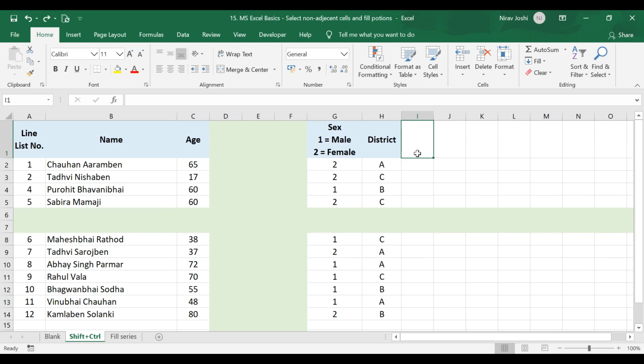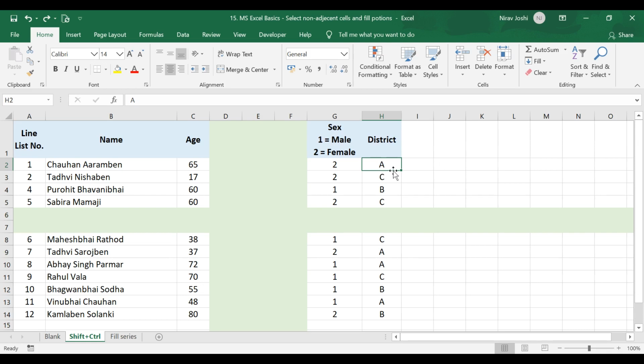The second pattern is when you move the cursor towards the border of an active cell or range. It will change to a 4-sided arrow cursor, and this is mainly used to shift the data in the selected cell or range. Suppose this is the active cell right now, that is H2, and I want to shift the data of H2 to J2.